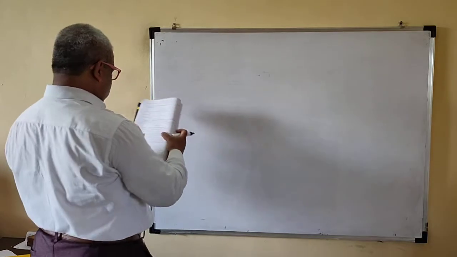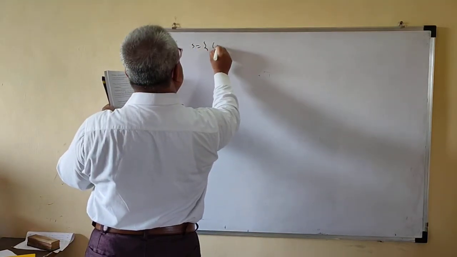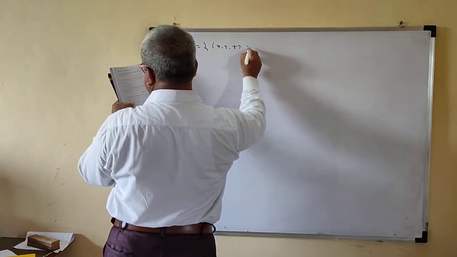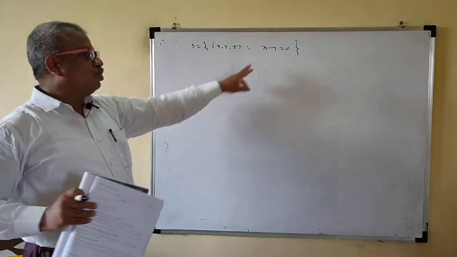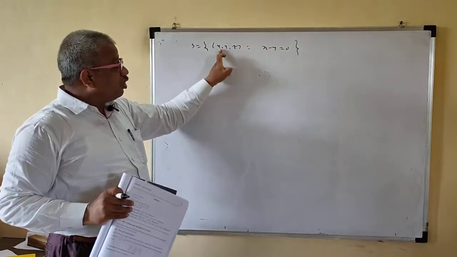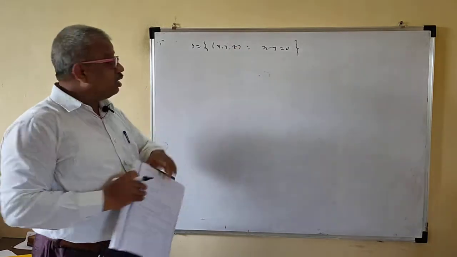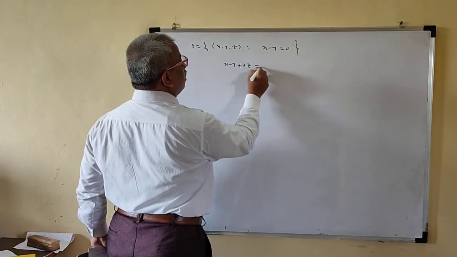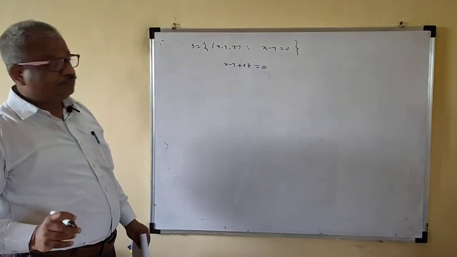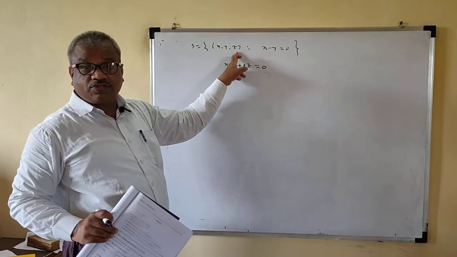You can do this. Now suppose your S is x, y, z such that x minus y is equal to 0. Again there is only one equation, and how many unknowns are there? Three unknowns. You see, this shows two unknowns, but not z. What this equation actually is, is x minus y plus 0z. This is the equation in three unknowns, because these are x, y, z.